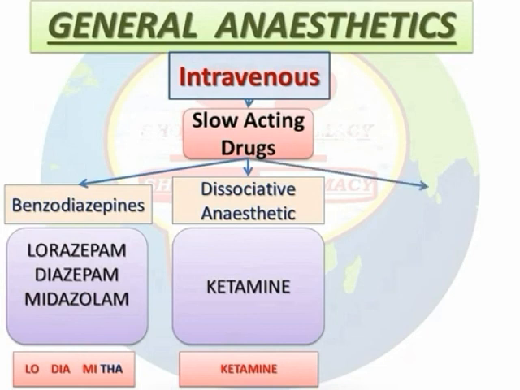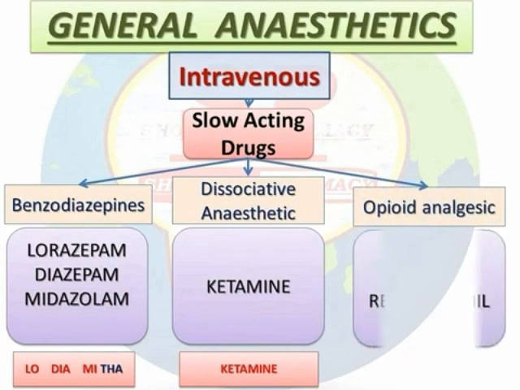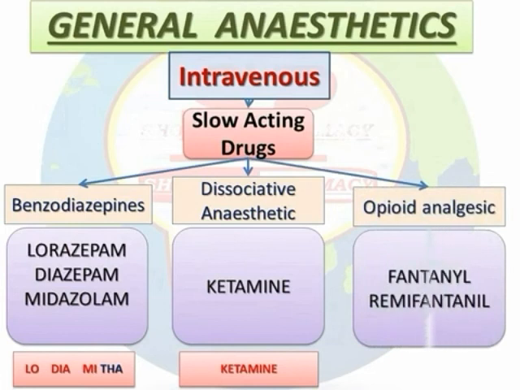So next is neuroleptalgia. This is characterized by intense analgesia without loss of consciousness, and the drug combination used is fentanyl 1 part plus droperidol 50 parts. Droperidol is a neuroleptic, and fentanyl is an opioid analgesic that is 100 times more potent than morphine. The morphine is also an opioid analgesic.